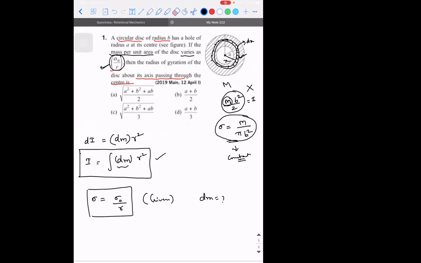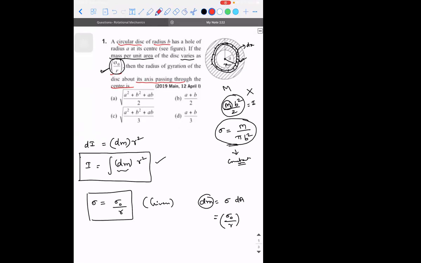What I'm trying to do here is, since the mass is not uniform, I'm trying to find what is the mass that is present in the small strip that we have considered. So what is dm? dm is equal to sigma into dA, because sigma is equal to dm divided by dA. Sigma is mass by area. But what is the value of sigma that is given? Sigma naught divided by r into, can you guys tell me what is going to be the area of this portion?